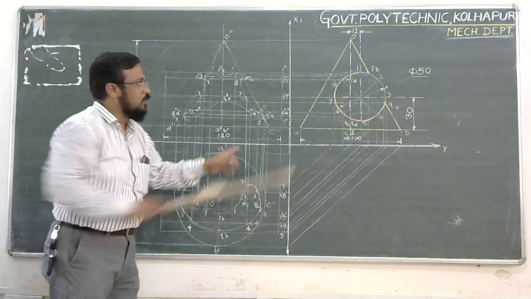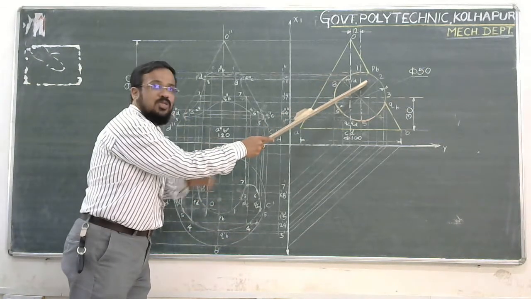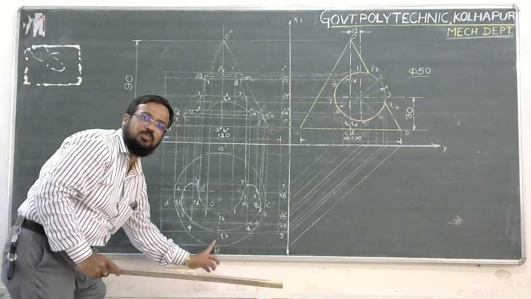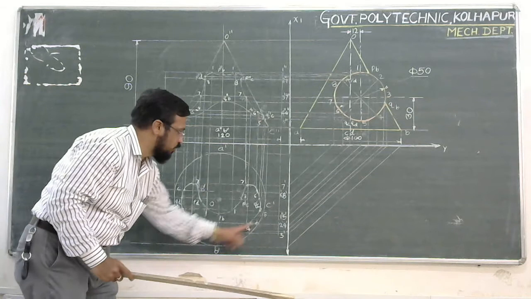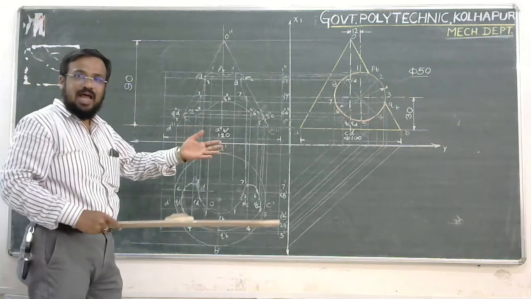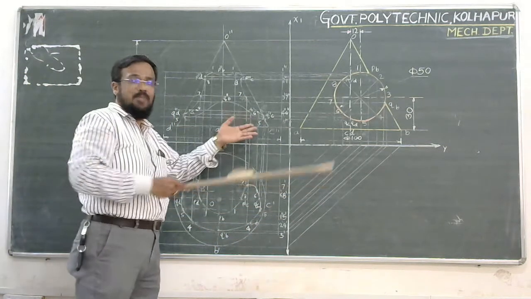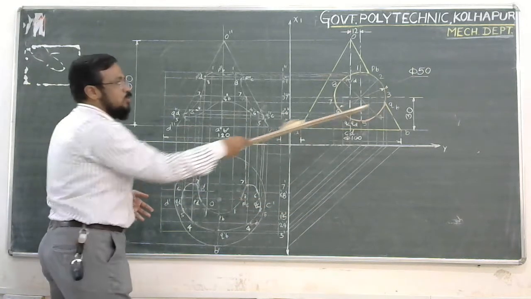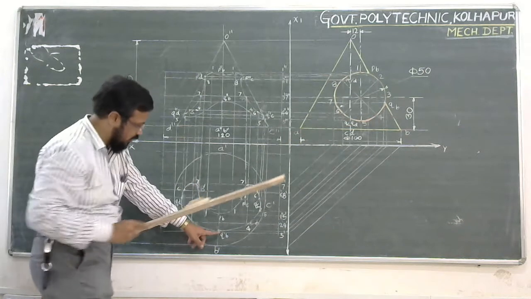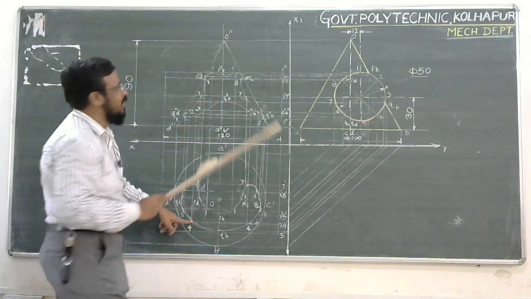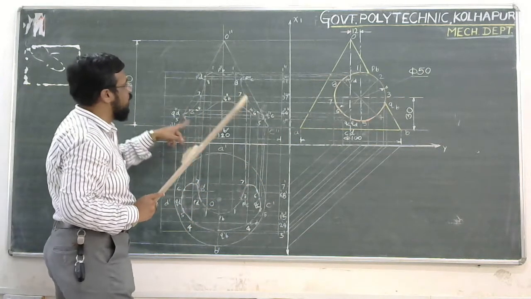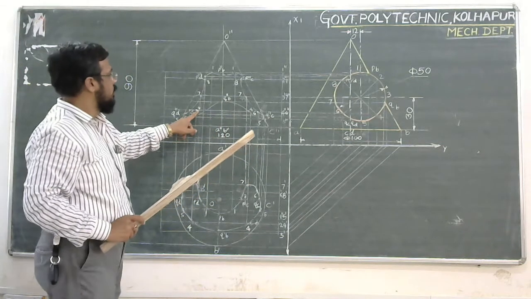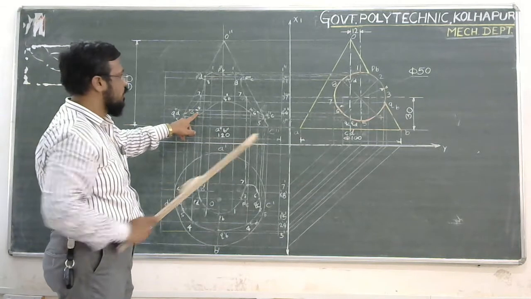So, no doubt you can join it by taking the reference from the side, but for better understanding it is better to visualize it in this position in the top view. So, half the portion we have completed. For joining the remaining half, which is at the back of this particular solid surface, we again need to go back. So this is QB to 4. Similarly here, from QB to this point number 4 you have to join.